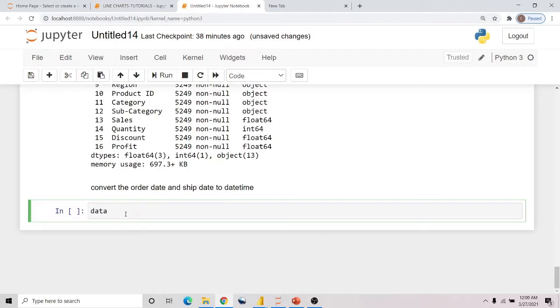So we are going to quote the column. Our column is our order date. Then I'm going to say our column is equal to, and I'm going to use the pandas date time function to convert this. This is the date time, and then we quote our column, and our column is going to be the order date. When we run this,